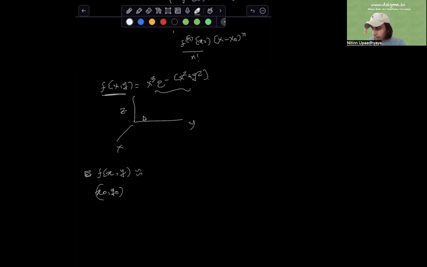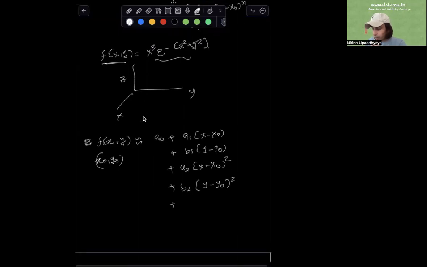Then we can write this in the form of some constant a naught, plus perhaps another constant a1 times (x minus x naught), plus maybe another constant b1 times (y minus y naught), plus another constant, let's say a2, times (x minus x naught) squared, plus b2 times (y minus y naught) squared, plus